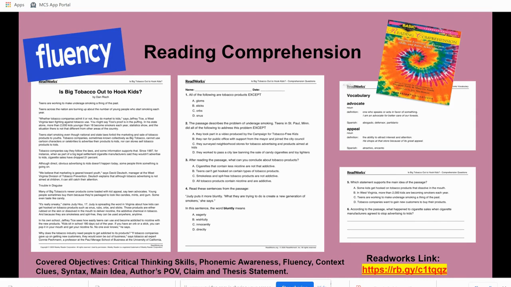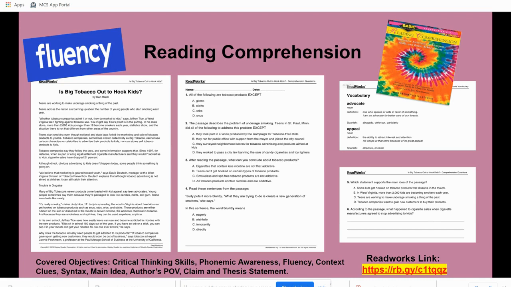The great thing about ReadWorks is that I am able to refine my search for specific articles. Now, if you have used ReadWorks before, I am not saying anything brand new to you, but if you have never used this particular online database of reading resources, it is phenomenal. I can go in, I can pick 6th, 7th, and 8th grade. I can specifically say that I am looking for ELL learners, and it provides me with a wealth of information, all different types of articles, as well as extension activities.